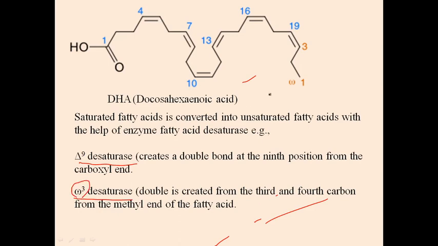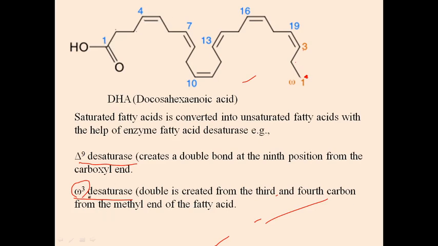If we are counting carbon from the terminal position, your last position, then its name will be omega. This is omega 1 carbon, this is omega 2 carbon, and this is omega 3 carbon. If you are counting carbon from the front, from the C double bond O, then it will be counted as delta 1, delta 2, delta 3, delta 4.